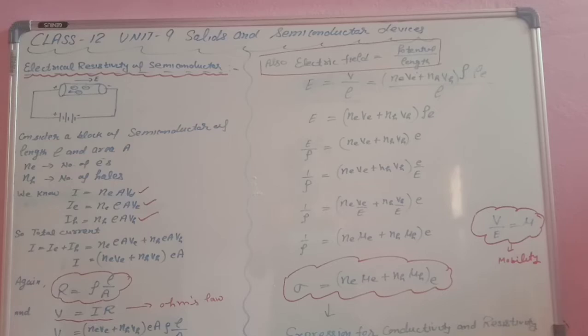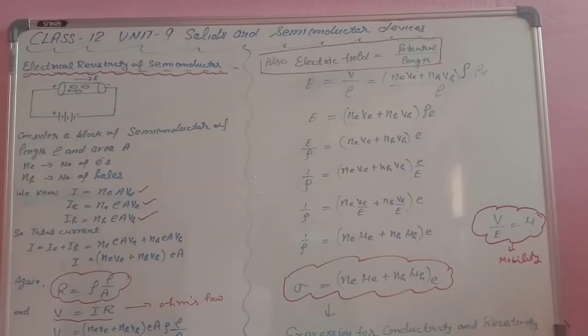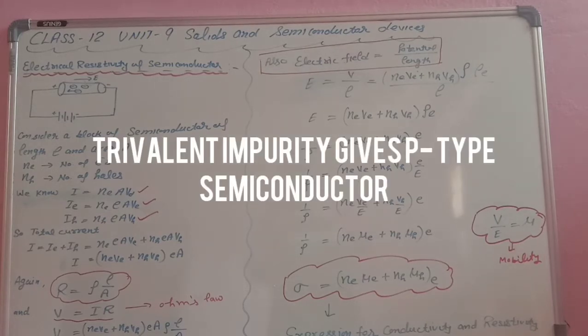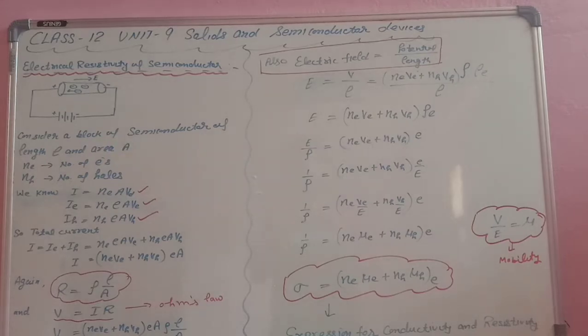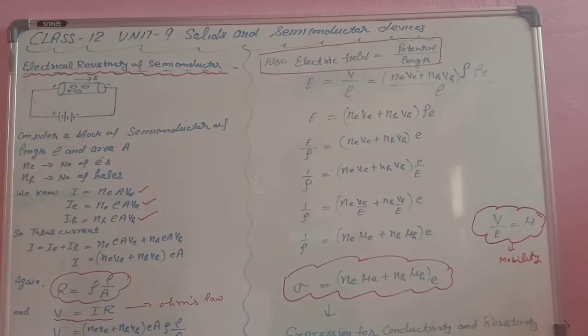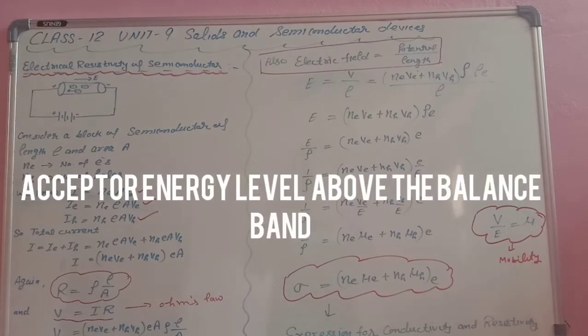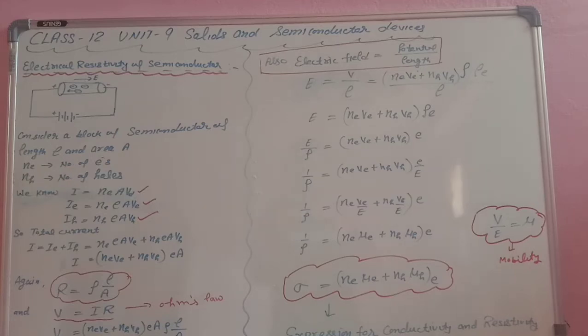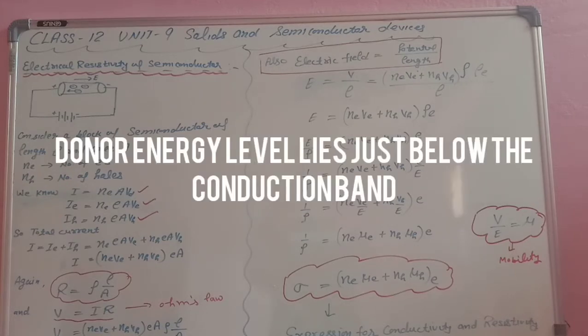Whenever you are adding a trivalent impurity to any semiconductor, then you will get p-type semiconductor. And whenever you are adding a pentavalent impurity, then you will get n-type semiconductor. Dear students, in p-type semiconductor, there is formation of an acceptor energy level and it always lies above the valence band. On the other hand, in pentavalent impurities there is formation of a donor energy level which lies just below